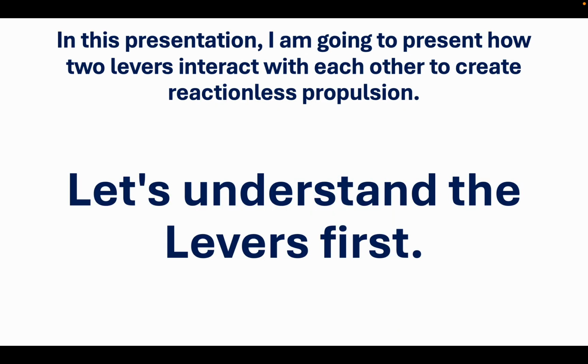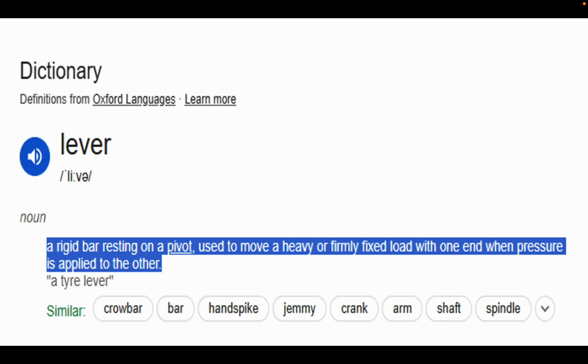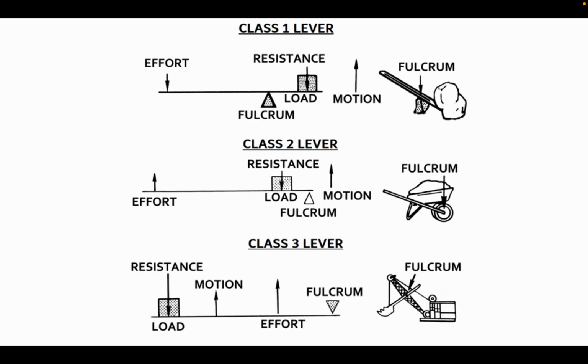In this presentation, I am going to present how two levers interact with each other to create a reactionless propulsion. Okay, let's understand the levers first. According to our dictionary, a lever is a rigid bar resting on a pivot used to move a heavy or firmly fixed load with one end when pressure is applied to the other. In the figure, the fulcrum is somewhere over here, and the load is over here, and this stick is the lever, and when effort is applied in this direction,